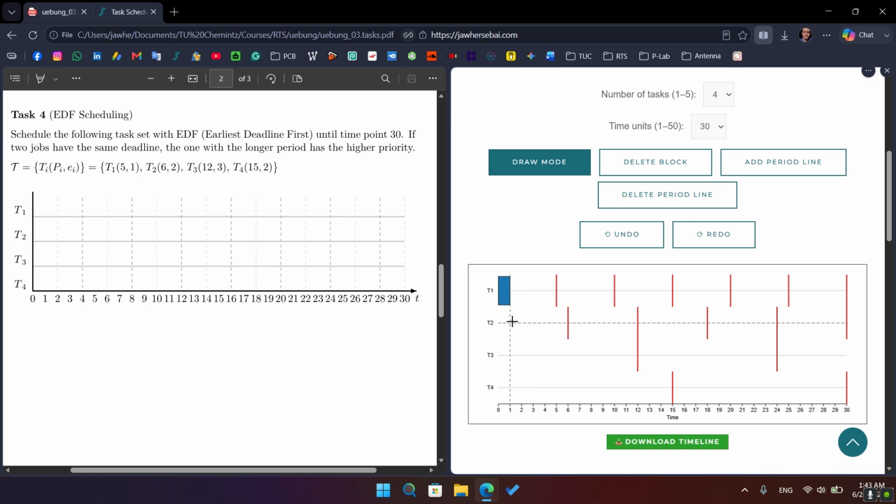The second higher priority task is T2. So T2 has the nearest deadline. I'm going to draw 1 and 2 rectangles because I have 2 execution time. Next, I have T3, and T3 has 3 execution time. So 1, 2, and at this point, at T5,